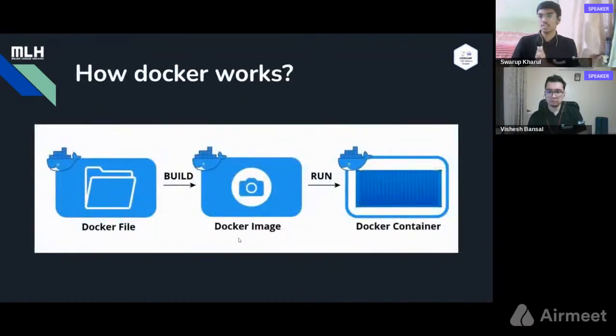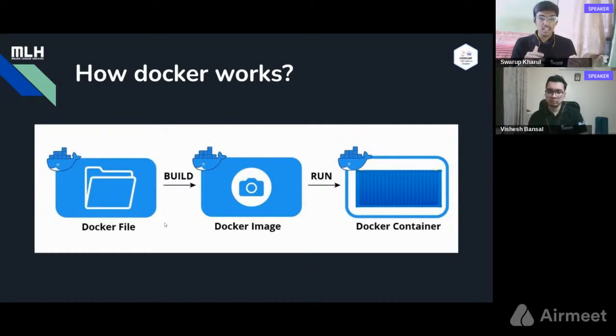Now let's see how Docker works. Before getting to know how it works, let us understand some basic terminologies associated with Docker. Docker images and Docker containers are the two essential things that we will come across while working with Docker. In simple terms, a Docker image is a template that contains the application and all the dependencies required to run that application on Docker. So a Docker image contains everything that our application requires, which includes a cutdown OS, runtime environment, application files, third-party libraries, some modules, environment variables, etc.